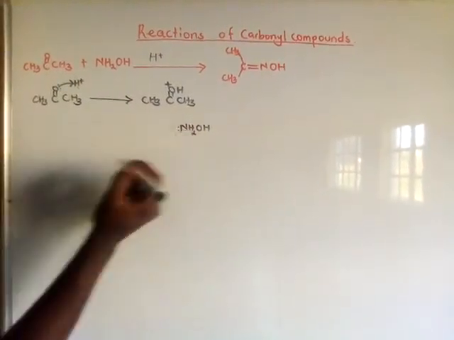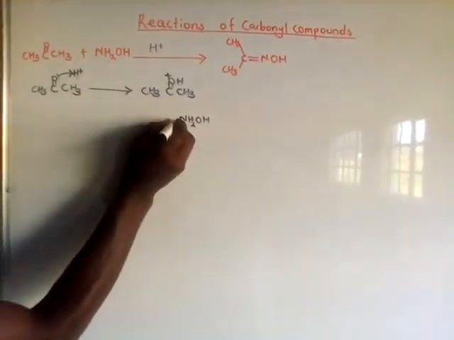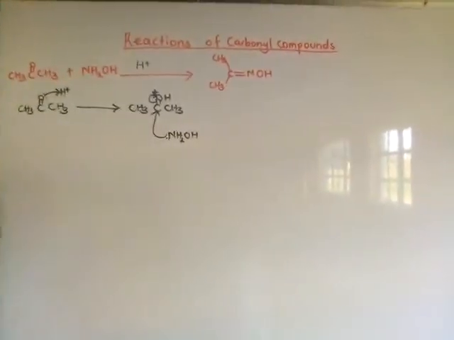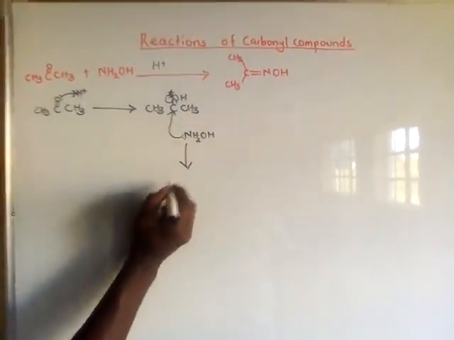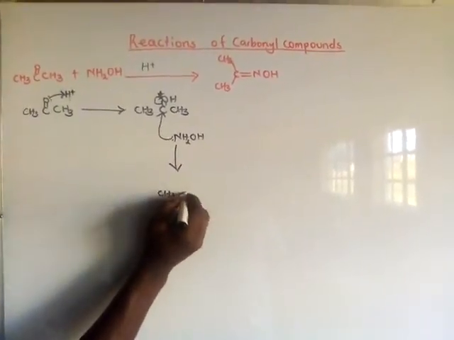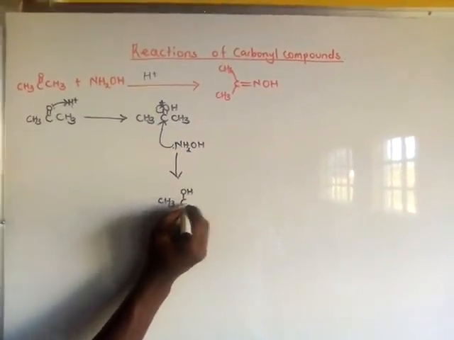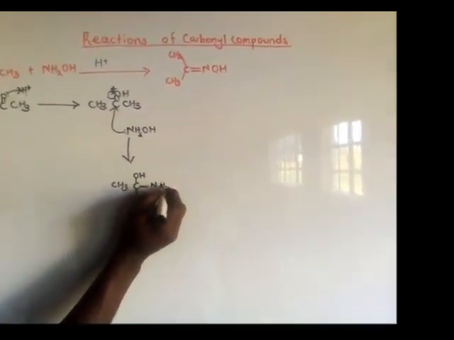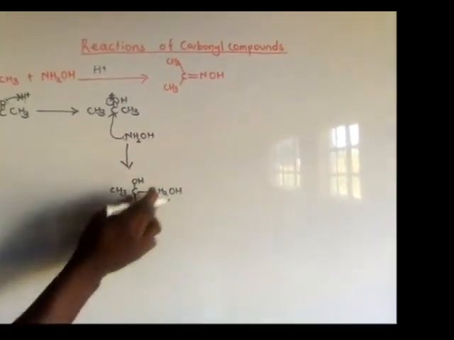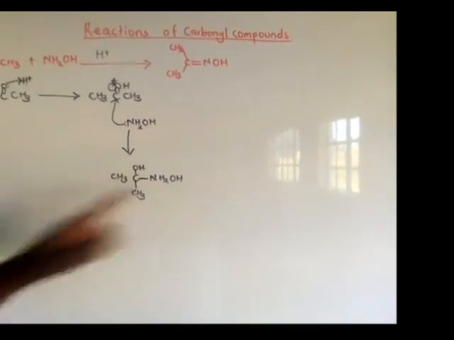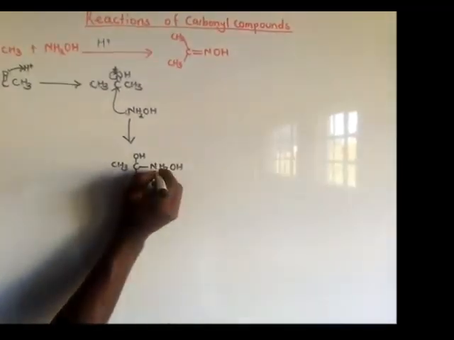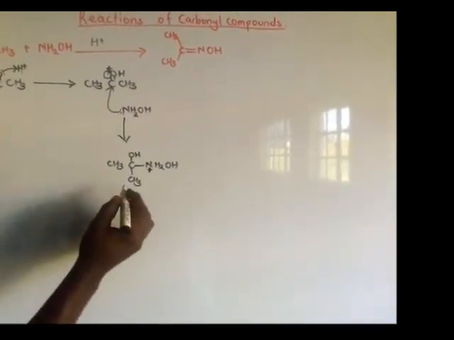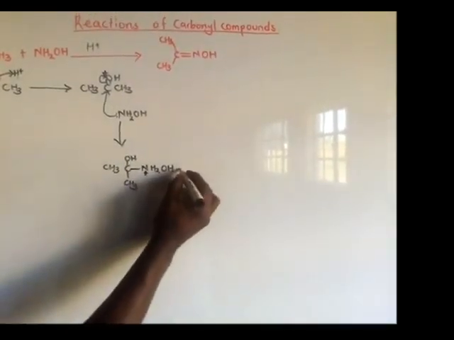It's having lone pairs. Nitrogen has lone pairs. It's going to attack this carbon here, and one bond is going to break. So when this bond breaks, we are going to form C3, or even this, I can put C3 here, then N, H2, or H. But now it means here, at this stage, this nitrogen is having excess bond, so we shall put a positive charge here. And after putting this positive charge, it means we are going to have what we call hydrogen shift,